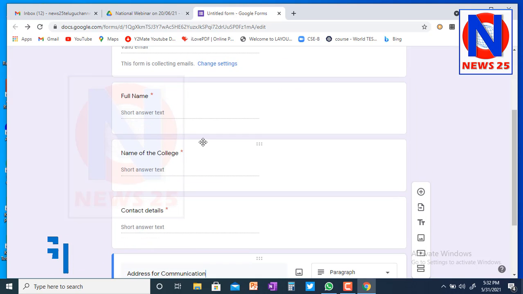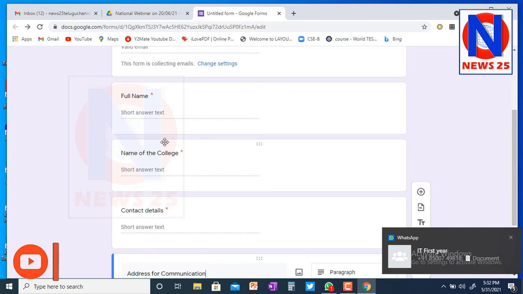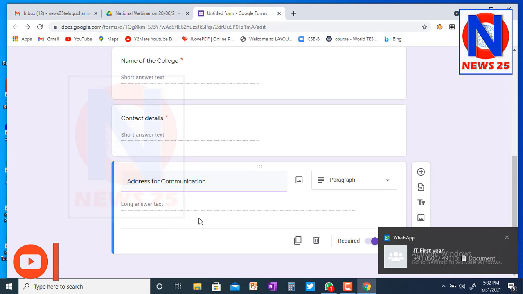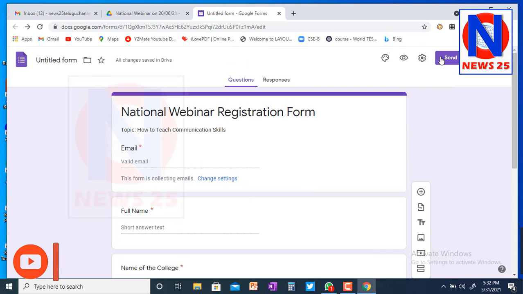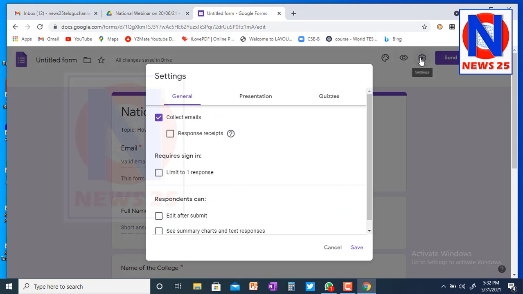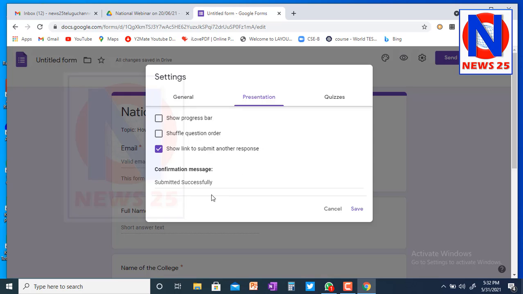Once you have written all the details, whatever information you want to collect, come back here, go to settings, and in presentation, here the confirmation message is there, right?